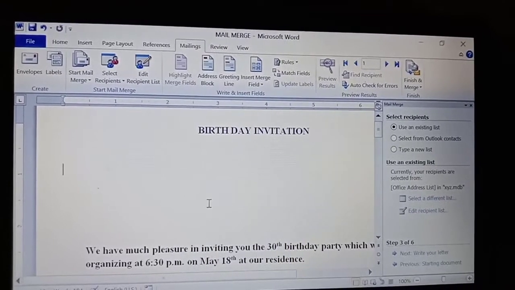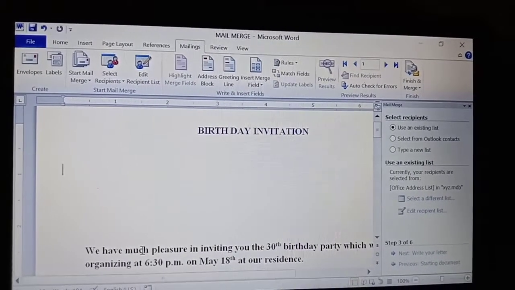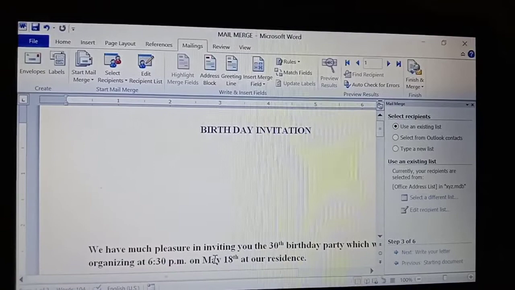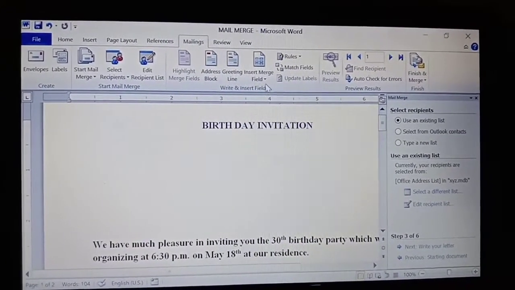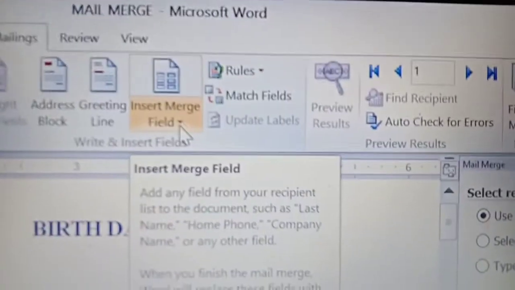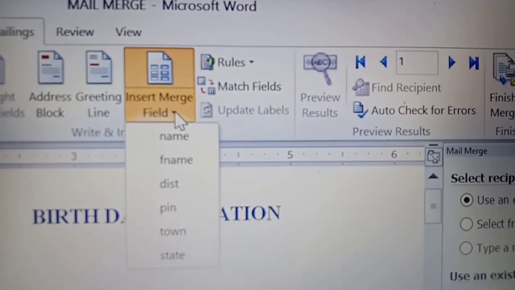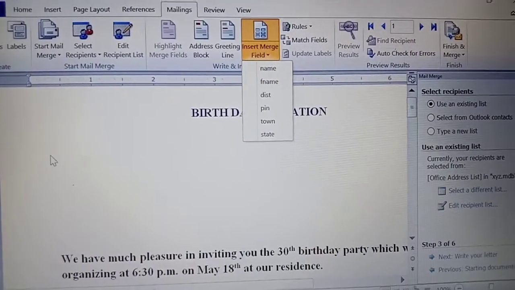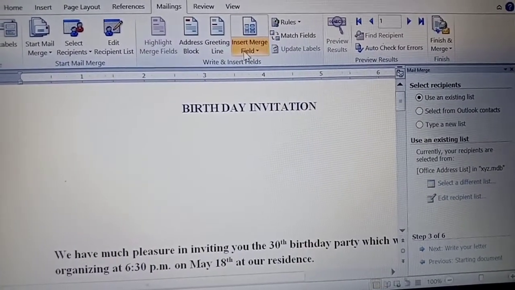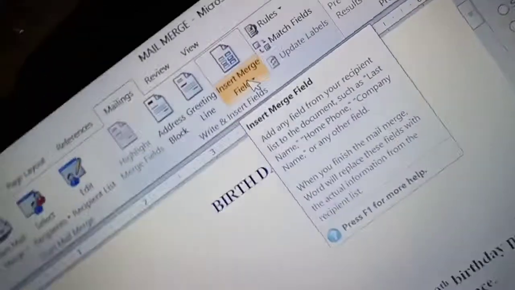Okay, here see, I want to insert the sender's address here. The mouse you are seeing now, here I want to insert the sender address. So for that, observe the option very carefully. Insert merge field. In that you have all the field names whatever we have entered there. So that we have to enter here.